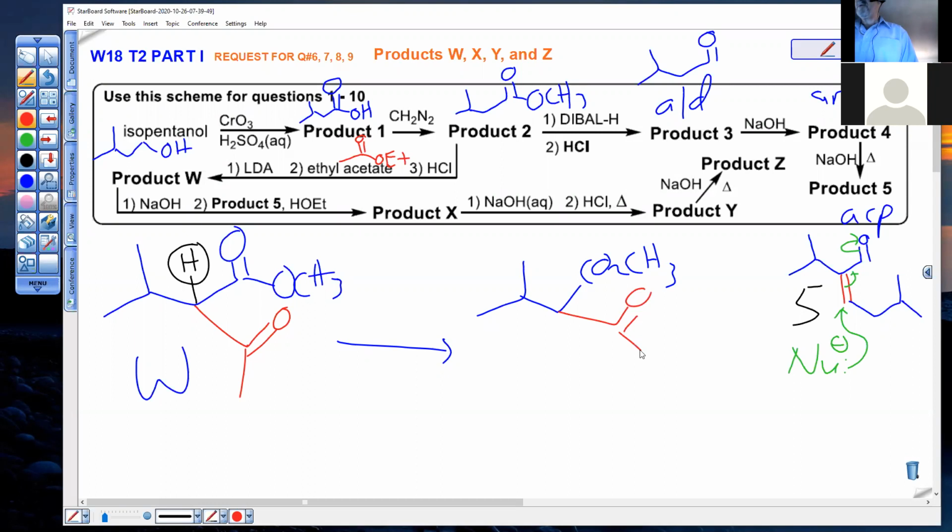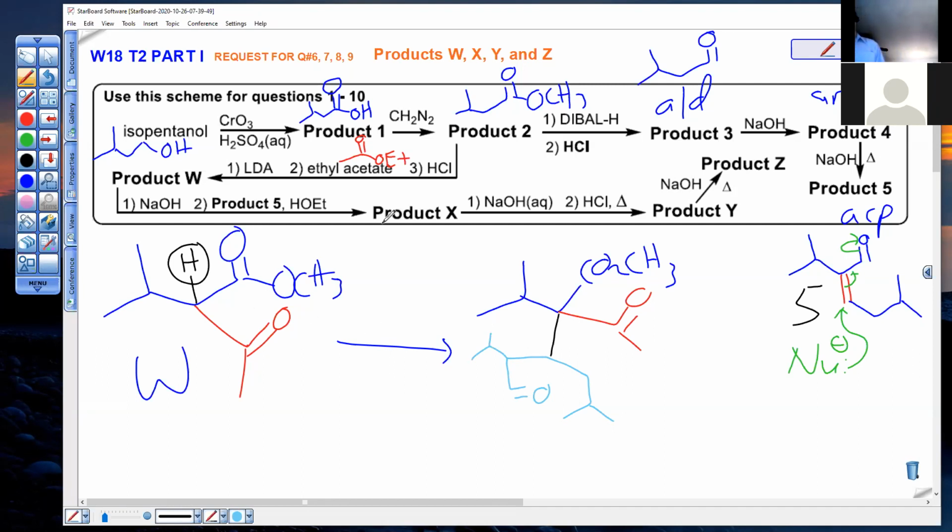We get a new carbon-carbon bond right here to this position here. We'll do the rest all in baby blue. There's an isobutyl off there. There's also a C here that has a C aldehyde. Off the C with the C aldehyde is an isopropyl. That would be our product